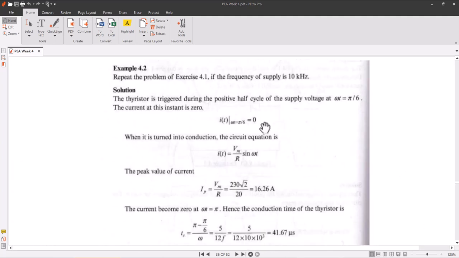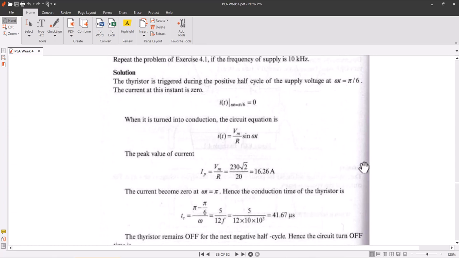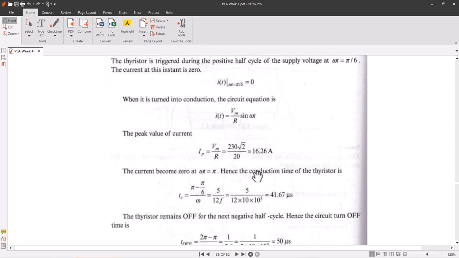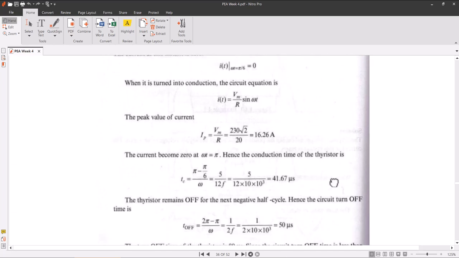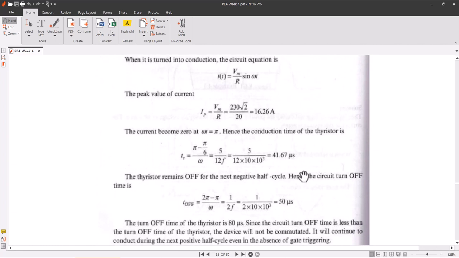अच्छा, repeat the problem of exercise जो हमने इससे पहले किया, if the frequency of the supply is 10 kHz, पहले फ्रीक्वेंसी थी 50 हर्ट्ज, अब है 10 किलोहर्ट्ज। 10 किलोहर्ट्ज 50 हो गई तो टाइम पीरियड कम हो जाएगा आपका, यानी 1 ओवर एफ। तो the thyristor is triggered during the positive half cycle of the supply at ωt = π/6, the current is 0, करंट उसी तरह 16.26 आएगी जो पहले हमने निकाल दी है, और the current becomes 0 at π, hence the conduction time of the thyristor is (π − π/6)/ω, जो कि 41.67 माइक्रोसेकंड है, और ऑफ टाइम आपका तब निकलेगा 50 माइक्रोसेकंड।